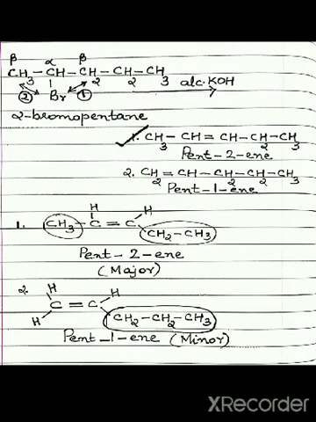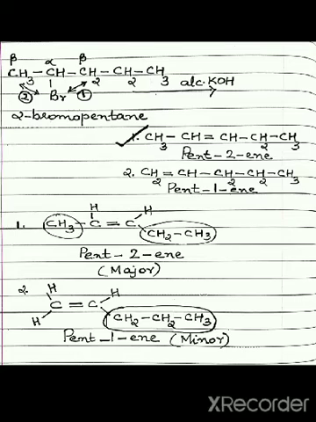Similarly, you can consider another example, 2-bromopentane. Carbon carrying bromine atom should be marked as alpha. On either side of alpha carbon, you have beta carbon atoms. The hydrogen atoms associated with these two beta carbon atoms can be taken as beta hydrogen atoms. In this case also, the reaction leads to the formation of two different products.